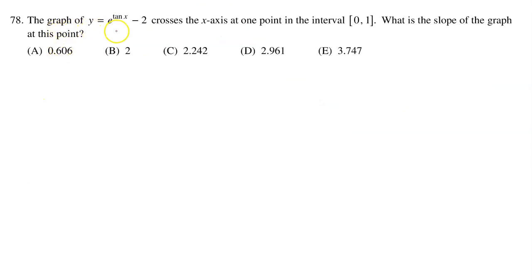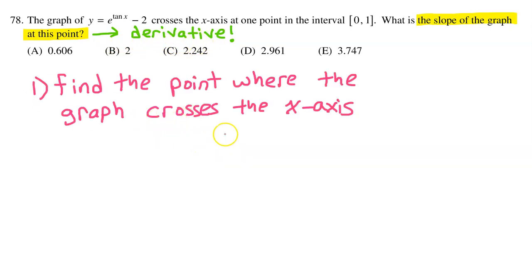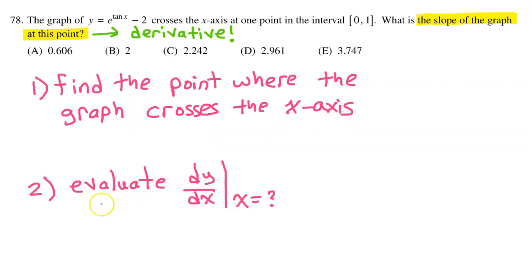The graph of y equals e to the tangent x minus 2 crosses the x-axis at one point in the interval between 0 and 1. What is the slope of the graph at this point? When you heard the slope of the graph at a point, I hope you jumped out of your seat and said, "Derivative!" So here is our strategy. First, we will find the point where the graph crosses the x-axis. Then we will evaluate the derivative